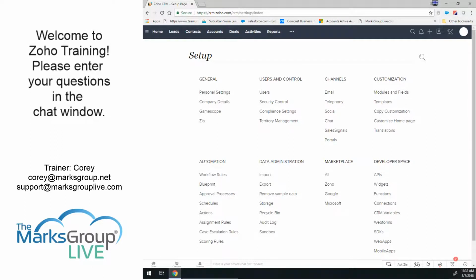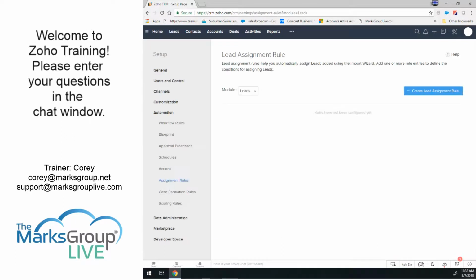Now we set up the assignment rules. We're going to go to set up the automation and then the assignment rules. Same place that we were in before, okay? So in our case, for our example, we're going to set something up like if the mailing state is Pennsylvania, if it's New Jersey, or deals with amounts greater than $10,000, assigned to a specific user, or you can even